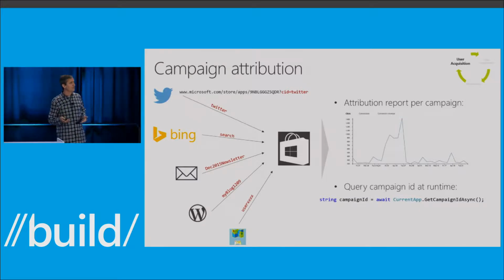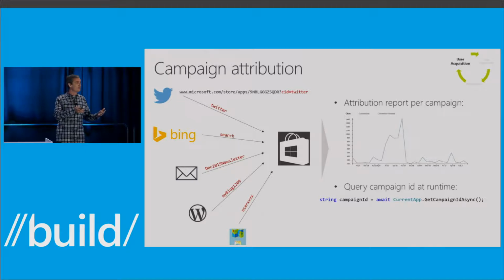And more importantly, what you want to do is calculate the amount of money and revenue you're making for each of these different user groups, and then focus on those campaigns that are giving you the highest lifetime value of users at the lowest acquisition cost.